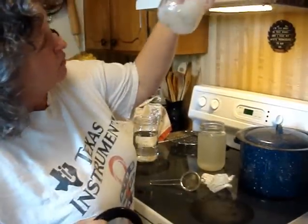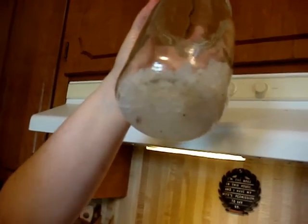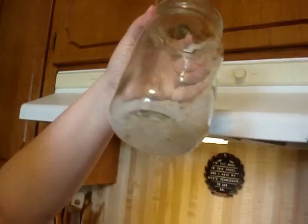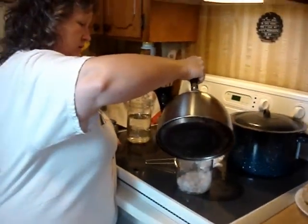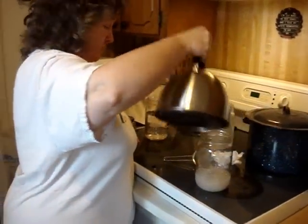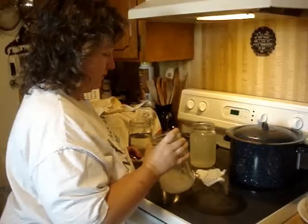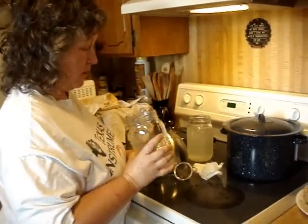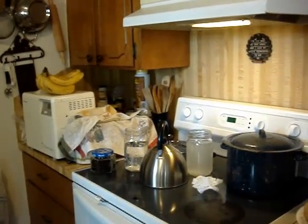And I don't know if you can see, there's some little yellowish stuff at the bottom, and we call it Kefir Poop. That's just what's kind of left over after kefir uses up all the sugars and everything. And it has a lot of probiotics in it. So, I mean, if you want, you can strain it out and drink it also. I don't usually. I usually just take it over here and...